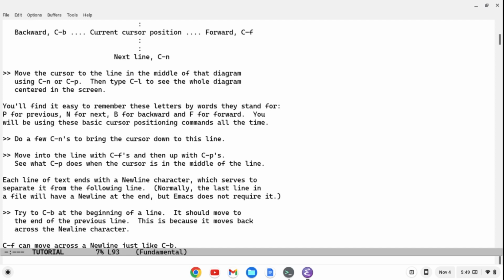So let's go to the middle of the line, like here. It should move back to the end of the previous line. This is because it moves back across a new line character. So if I go up,